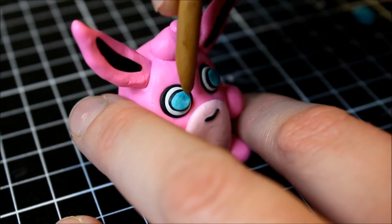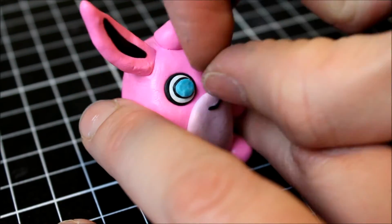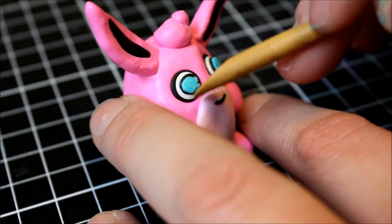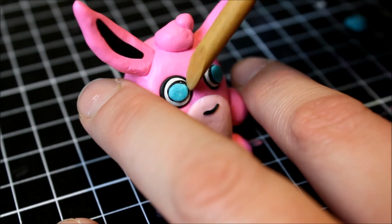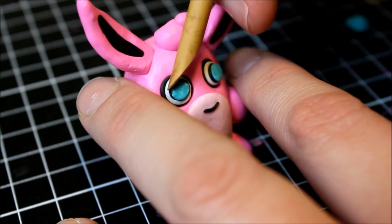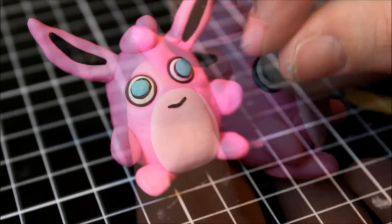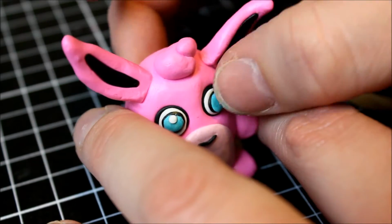It just added a lot more detail, and it didn't look so creepy without the black like it did before. So play around with your eyes and create it how you want. Now, I know that Wigglytuff has a few different shades of blue. I couldn't get the clay to marble as nicely as I would have liked to, but this works just as fine. I then went and added a tiny ball of white clay just to create that little reflection of the